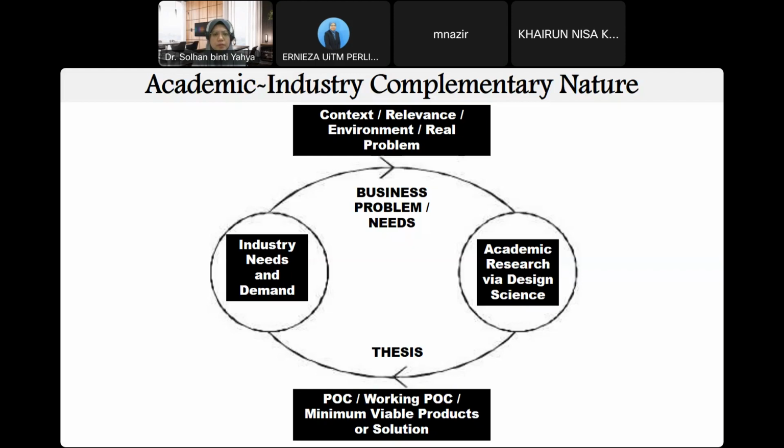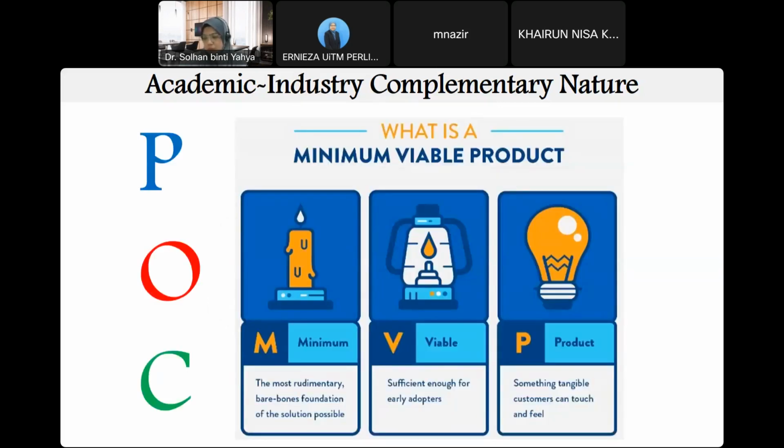And at the same time, can we produce the POC, the proof of concept, a working POC that can attract industrial funding or industrial interest in your thesis, right? Then the industry needs and demand is always going around together with the academic community. Alright. Again, when we